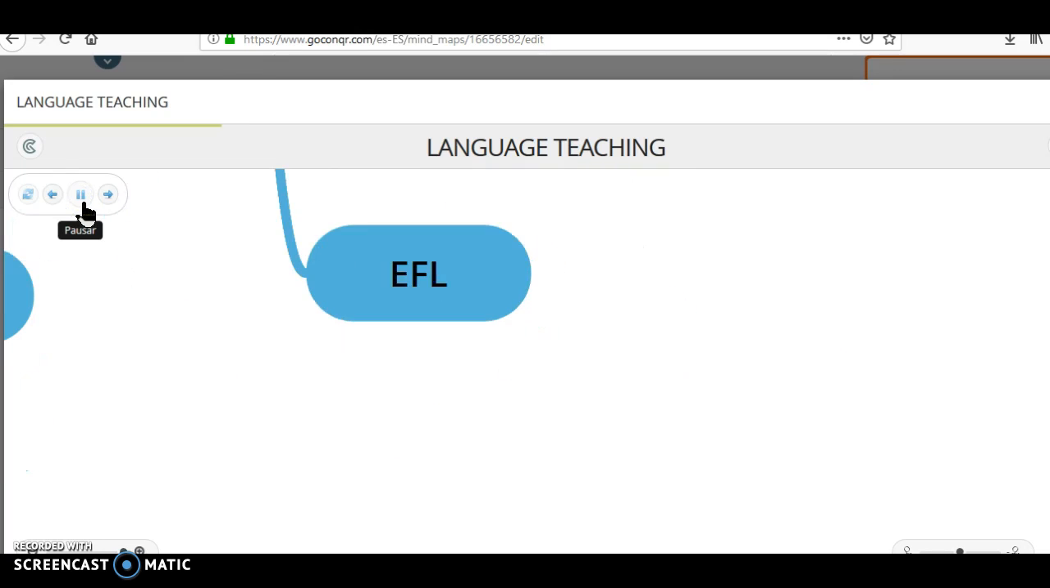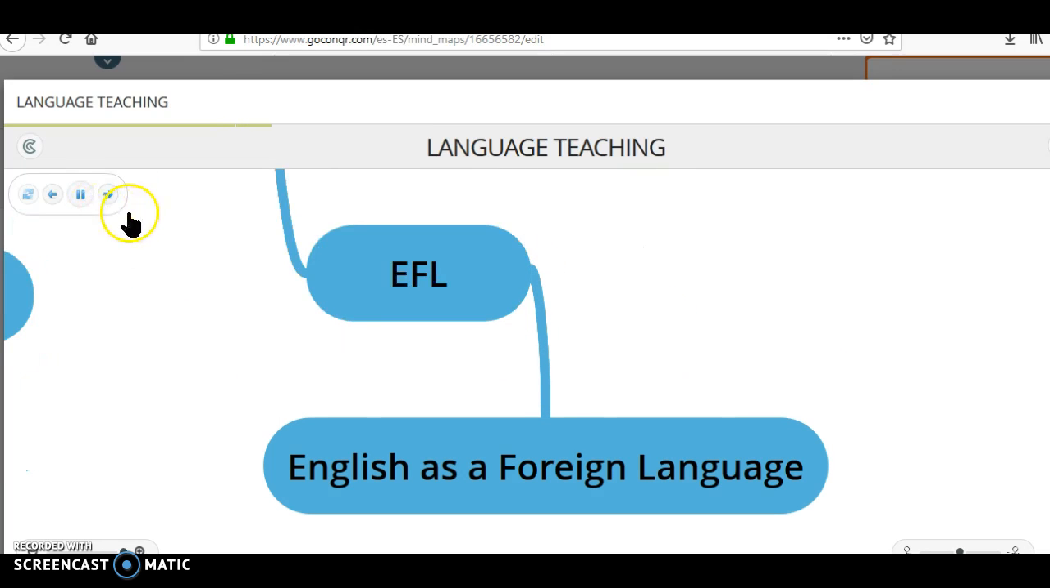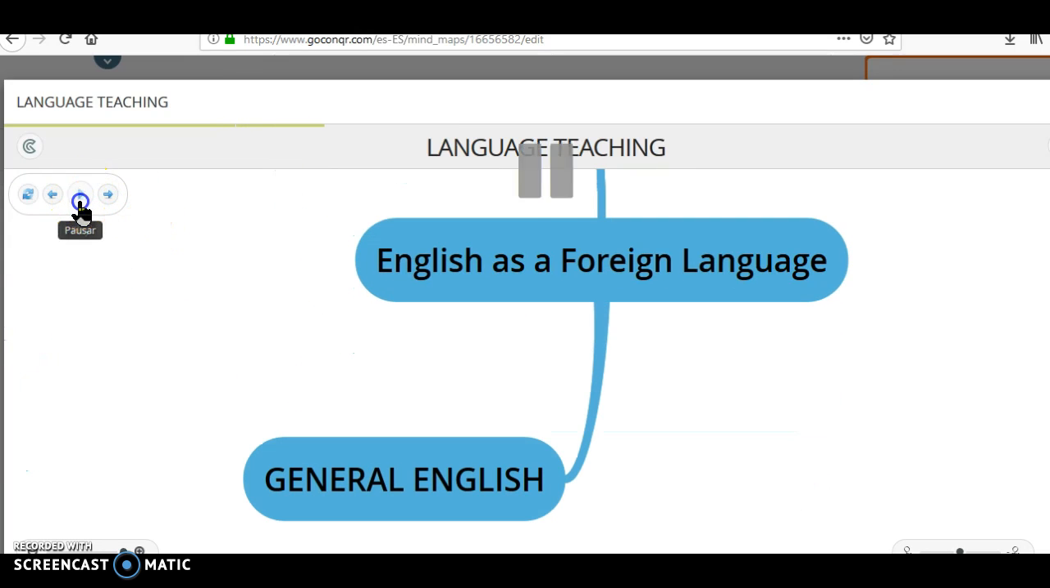When we are talking about EFL, it means that it's English as a foreign language. So, in many countries, students are learning a foreign language, in this case English, and they are learning a general English. It means that they are just learning reading, writing, speaking, listening in a general way. However,